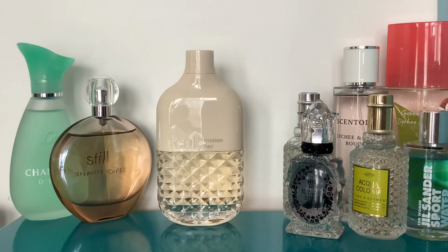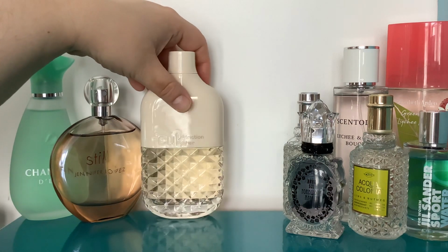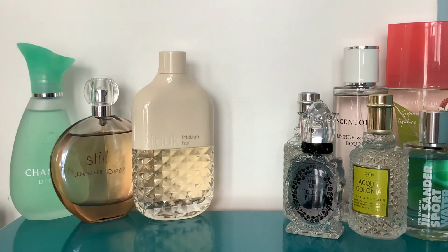You're not really getting a huge amount else, and it is just really very easy to wear, even for a fuss pot like me. So yeah, if you don't like all these kind of fruity florals, this is a really good bet. This is a really easy to wear one. So Friction for Her, and then two little random ones that I've had for such a long time. So we've got